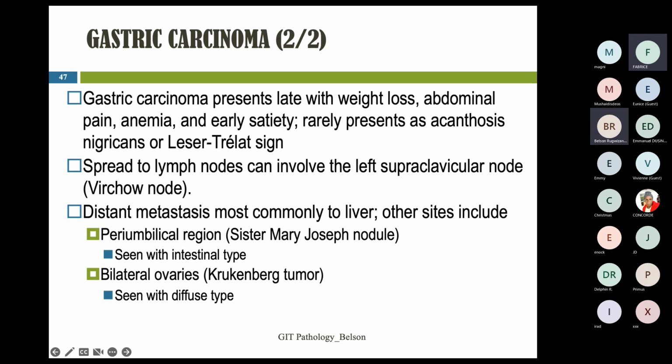So distant metastasis, most common, they go to the liver. Other site they are peri-umbilical region. So if byavumbuwe n'umuntu witwa, okay, babyise Sister Mary Joseph nodule. So yari umudamu cyangwa umubikira witwaga Mary Joseph. So muzi ko abazungu bakunda kugira amazina hano dufata nka first names. So Joseph wenda n'umugabo we cyangwa ni se, then witwa Mary. Ikizwi nuko ni umudamu wavumbuye